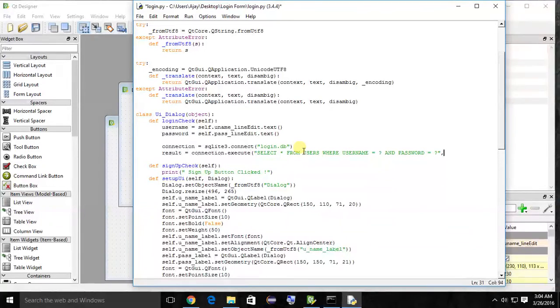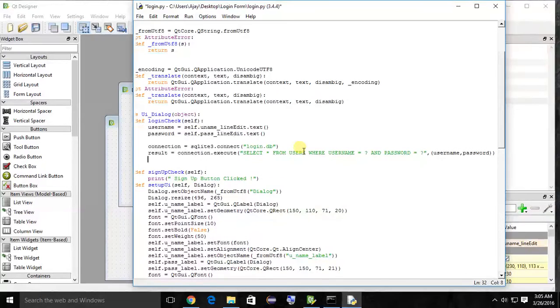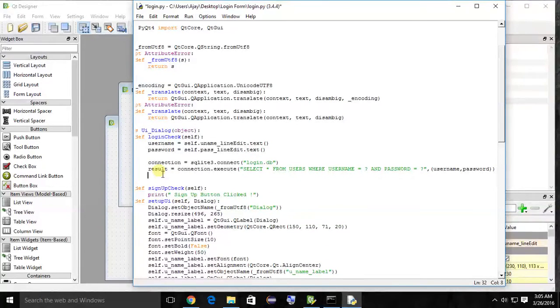Then we replace those question marks with our values, that is the username and password variables we have already declared and defined. So this query returns a result.